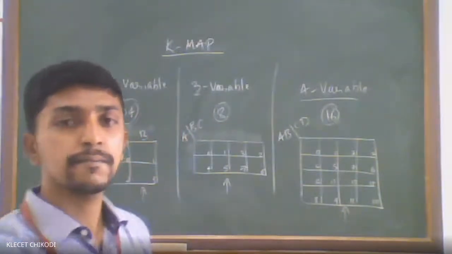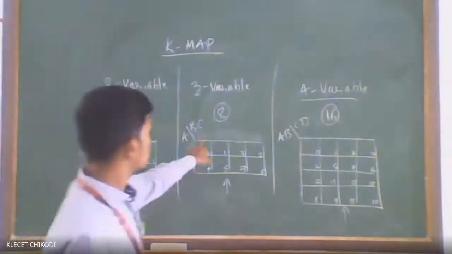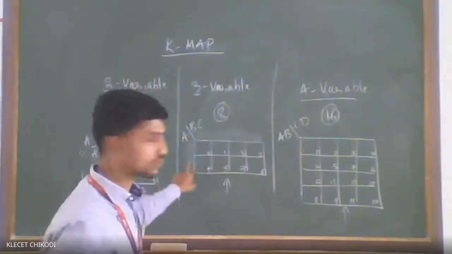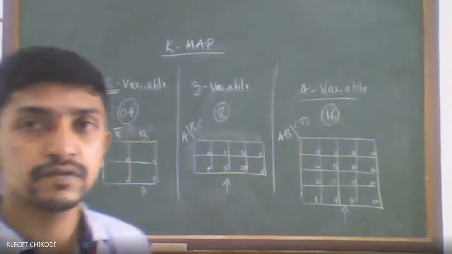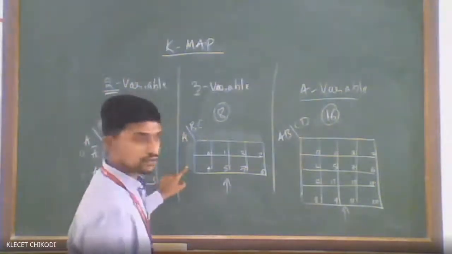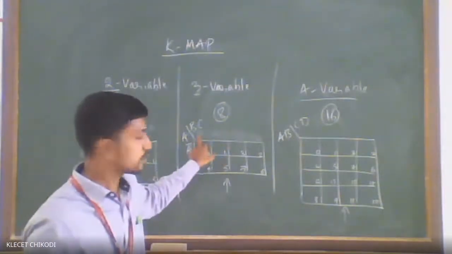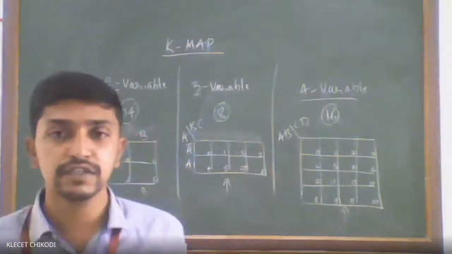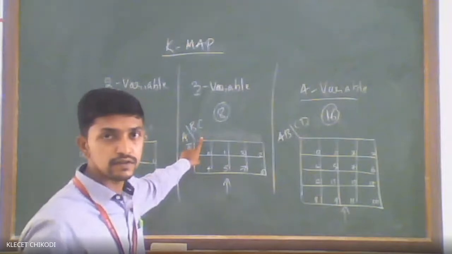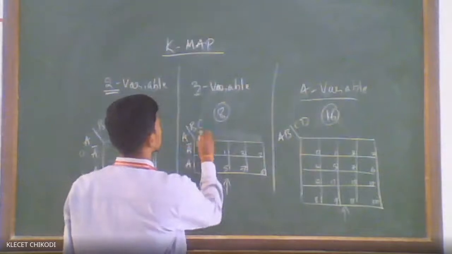So anybody put a comment there. What will be the variables here, respective variables for each cell here, for columns and rows? So for rows, it will be A bar and A. Now tell me, what are the variables I have to write here? Combination of variables. The first one will be B bar C bar. Since it is 0, 0, I have to take B bar C bar.